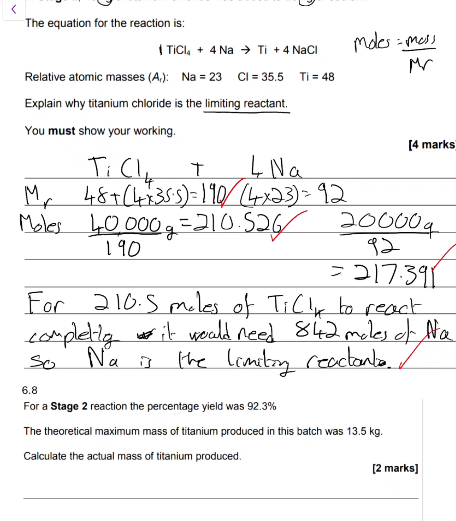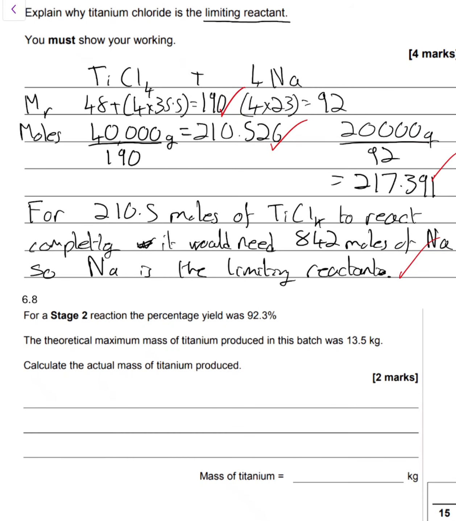And that's our 4th mark, the explanation mark. Okay, there are other ways to explain it. You could just say that the titanium is not in excess because there are fewer moles than required to fully react. But this way explains it very clearly and uses the moles that you've calculated in your explanation. Much easier question. Lots of people got this, even if they didn't get the previous question. Actually, just going back to the previous question, if you hadn't used grams, then the only marks you could have got were the first marking point for 190 and the last marking point. So lots of people were getting 2 out of 4, but they were out by a factor of 1,000 on the number of moles produced because they did not convert to grams.